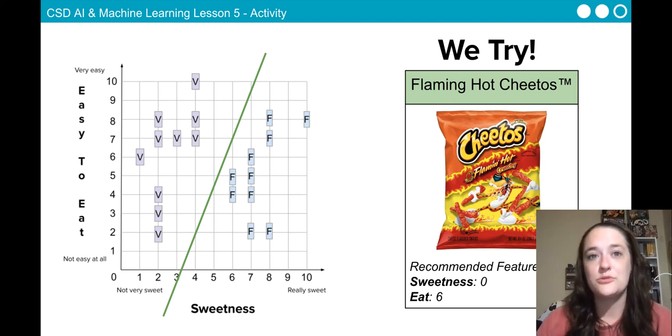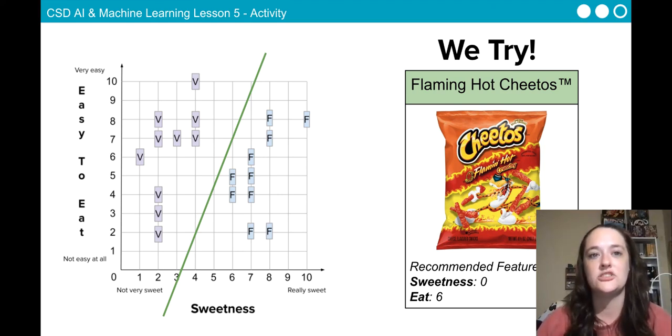All right, these last 2 examples are pretty silly, but they are an example of using a model for something other than what it was intended for. Since we trained our model only on fruits and vegetables, it doesn't work very well on other types of foods. If we wanted to improve our model, we'd probably need a lot more data and a lot more features. More than just how sweet and easy to eat food is. This gets a lot harder for us as humans to understand, and we couldn't use our graph paper anymore. Luckily, computers can help us with this. In the next lesson, we will see how a computer looks at lots of data and lots of features to